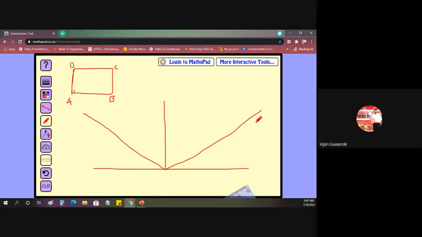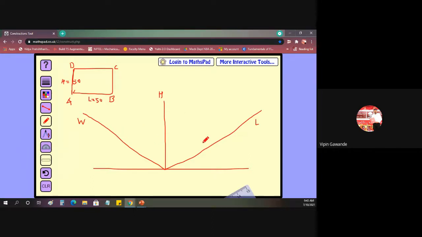Again, I am taking this as length, this as height, and the third dimension is width. Suppose this length is 50. This is my front view, so length is equal to 50 and height is also equal to 50. Last time we drew it vertically. Now I am drawing it horizontally.